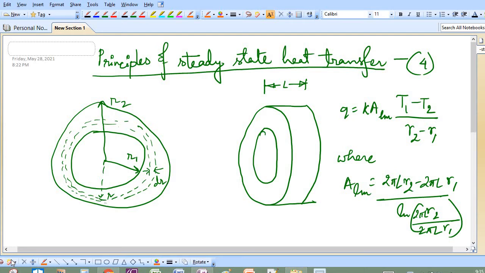After that, we will do conduction through a hollow sphere and derive the conduction through a hollow sphere equation. After that, we will discuss conduction through solid walls or solid materials in series. So, conduction through solids in series, what will be the heat flux? We will arrive at a mathematical equation approach. So, let's start.